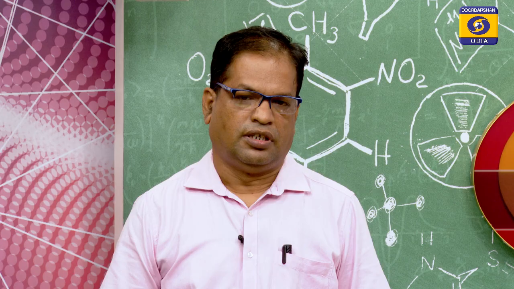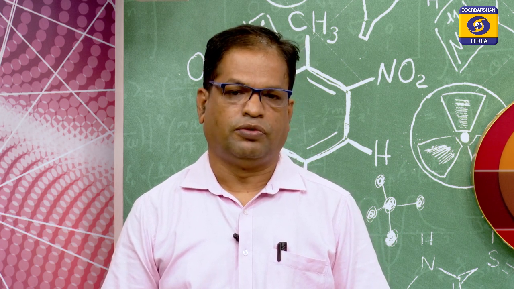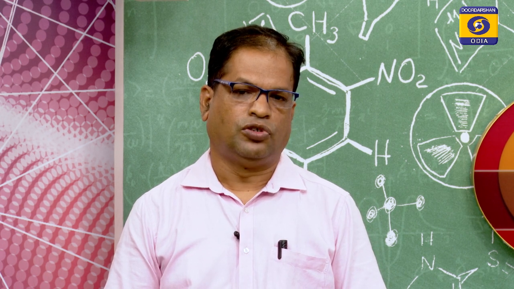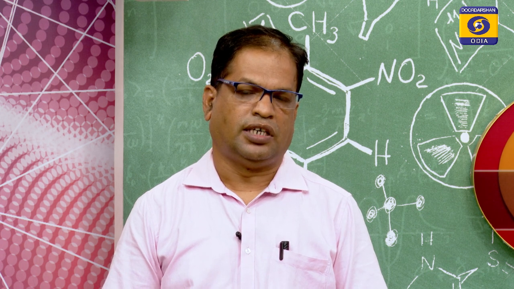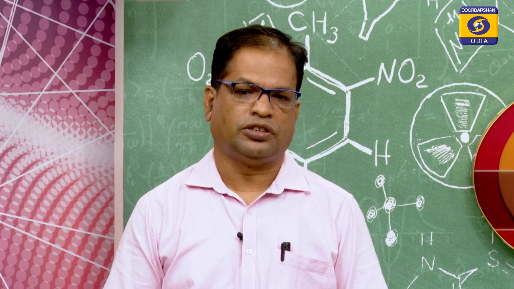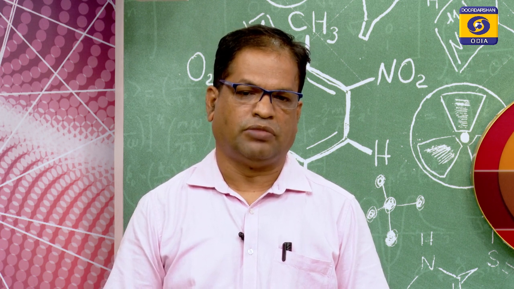Hello everyone. Last class we already started function, the definition of function, and we had also discussed different types of function, that is 1-1 function, many-1 function, onto function and into function. And the most important function we had also discussed, the bijective function, that means a function which is both 1-1 and onto. An onto function is known as surjective and a 1-1 function is injective. If it is both 1-1 and onto, then it is bijective.